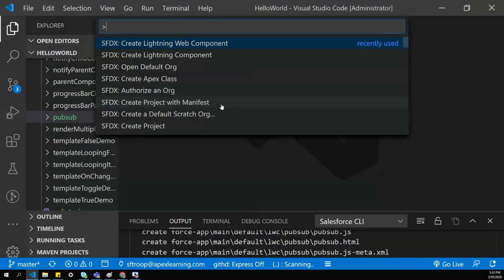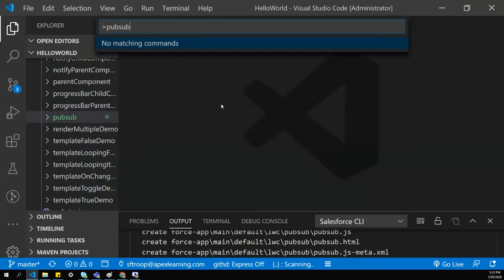The first component will be the PubSub parent component.